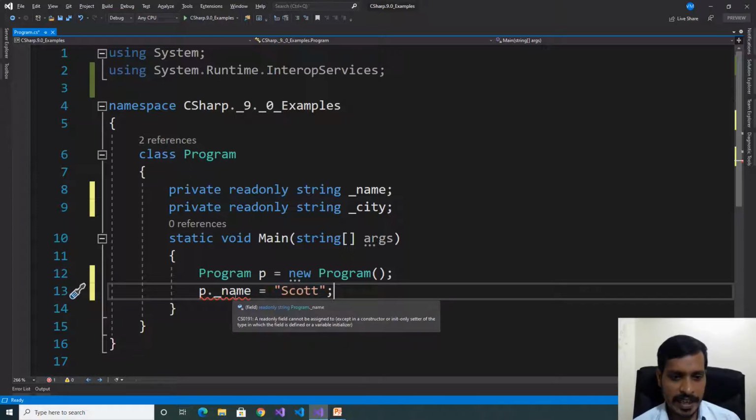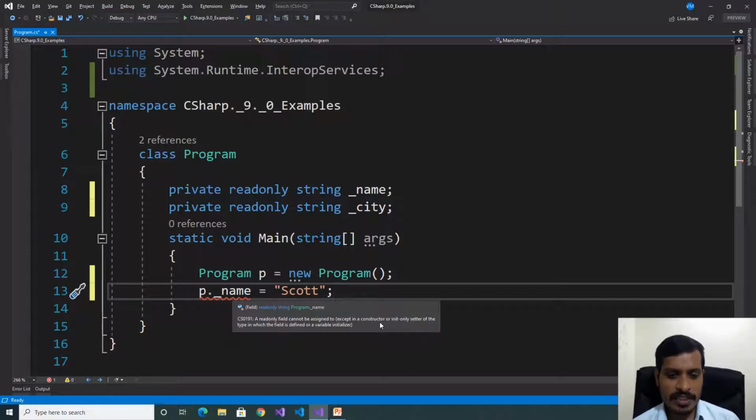Here we are getting an error: a read-only field cannot be assigned to except in a constructor or init-only setter of the type in which the field is defined, or a variable initializer. That means if you want to assign values to read-only fields, we need to assign them in the constructor up to C# 8. In C# 9, the init-only setter was introduced. We'll use the init-only setter to assign values to read-only fields.